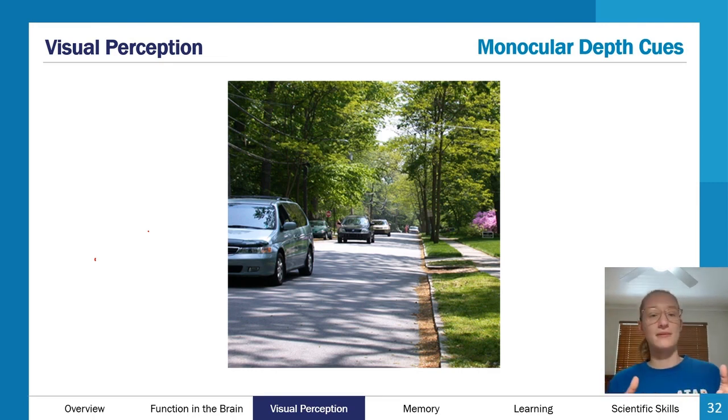So what is depth perception? Depth perception is the ability to accurately judge 3D space and distance, and we do this using cues in the environment. The interesting thing is that our retinas can actually only see in 2D. I'm surrounded by a 3D world, but the image of what I see on the back of my retinas is only 2D. It's a 2D picture that we're actually seeing, which is why these depth cues are so